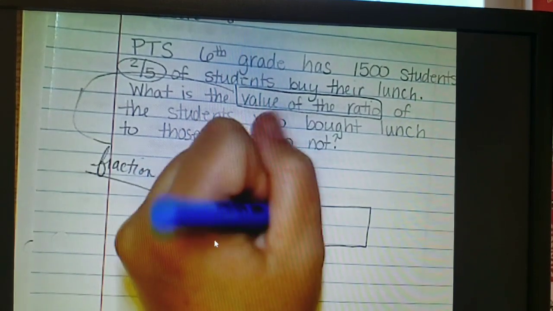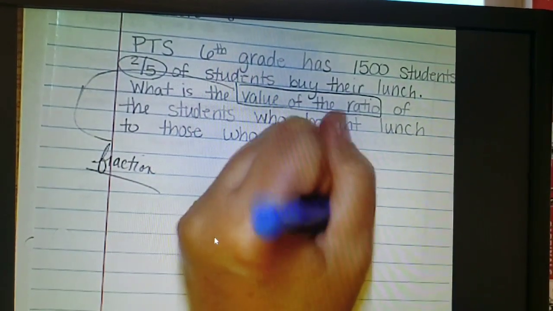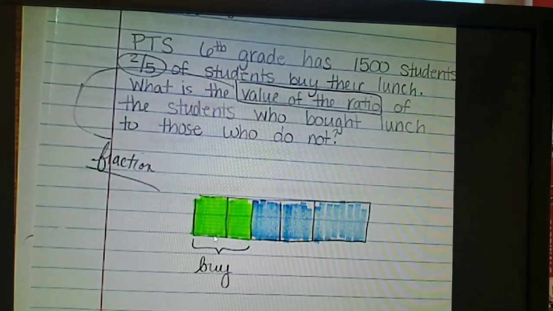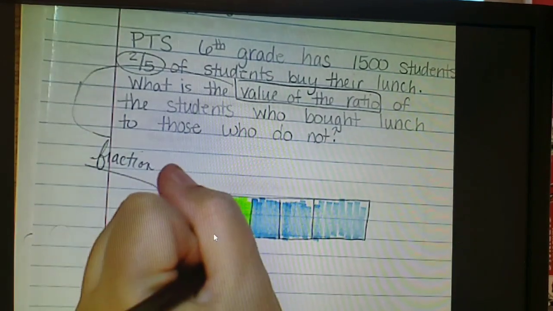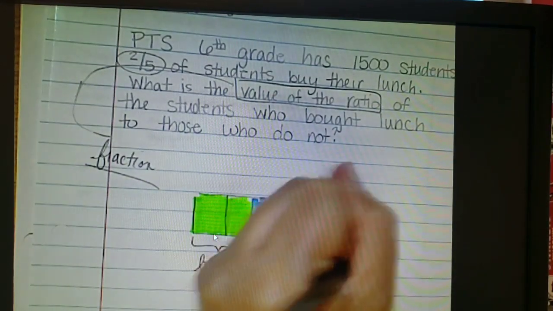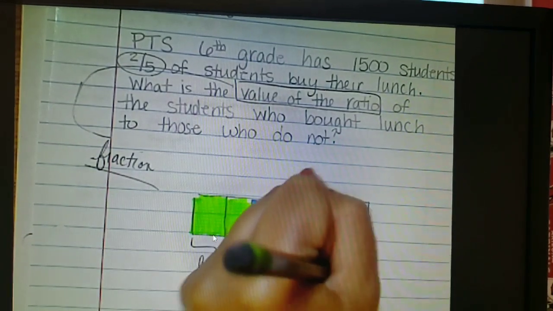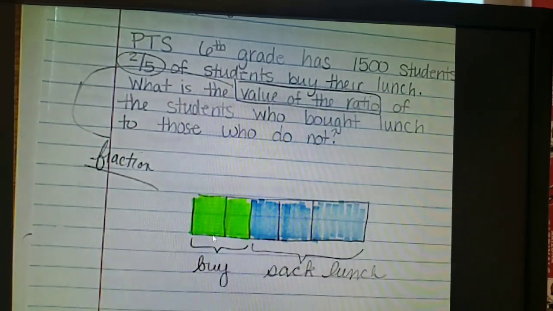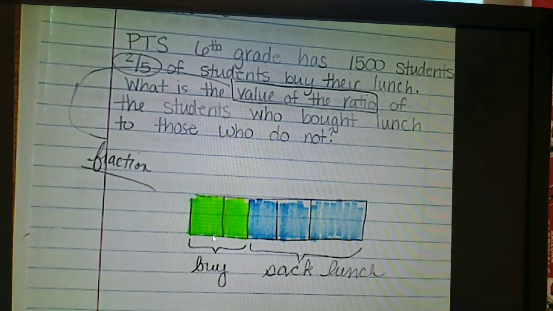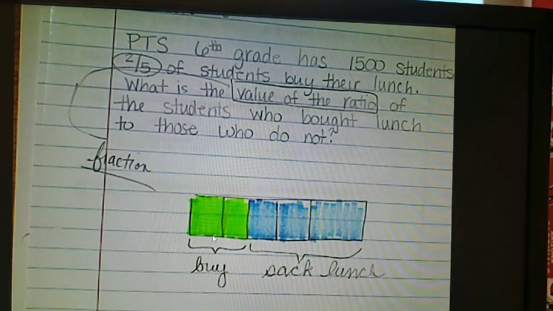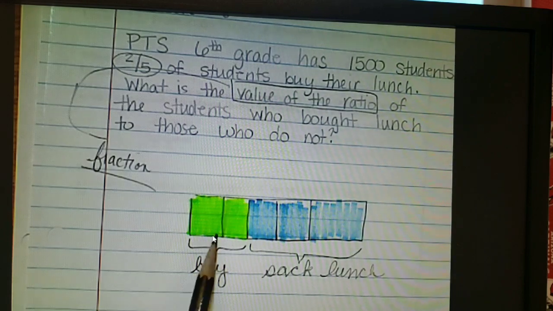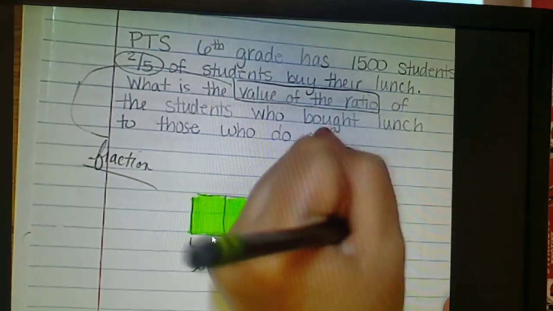Excuse me, vice versa. Brought. Okay. So these are our sack lunch kiddos right here. Okay. Right there. So if we look at this, okay, what we kind of need to figure out is this is